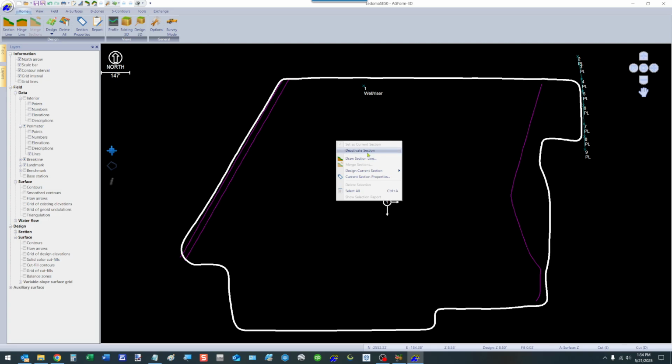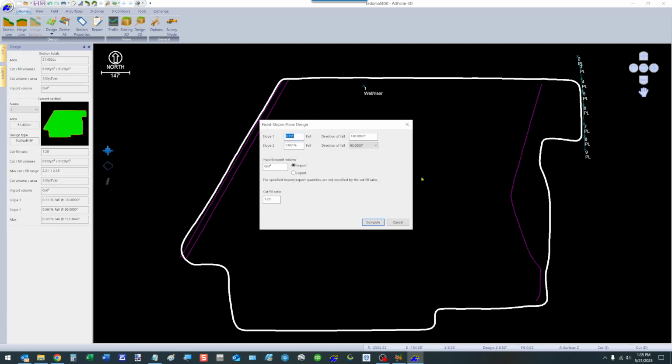You can deactivate the section, you can draw a section line, design the current section, and you have current section properties, and then there's ways to select different things. But if we just want a planar surface, we go over here and just choose fixed plane slopes. So this best fit gives us a reference of what we want to do. If they want more slope than this or less slope, we can go to, say,